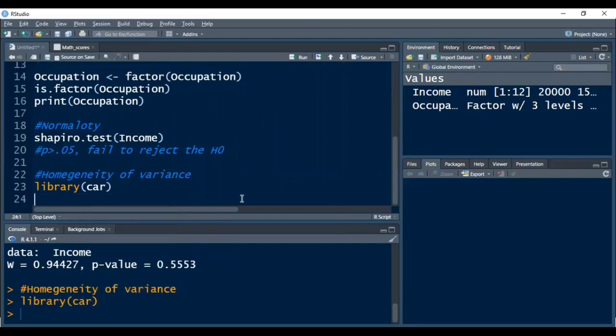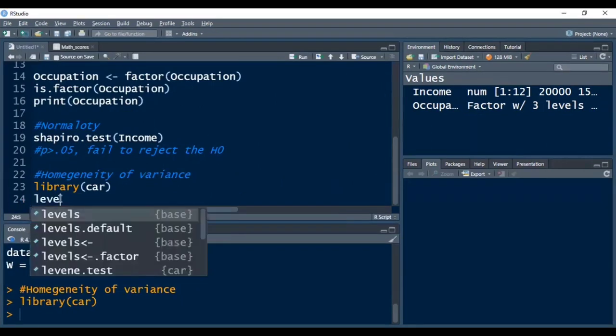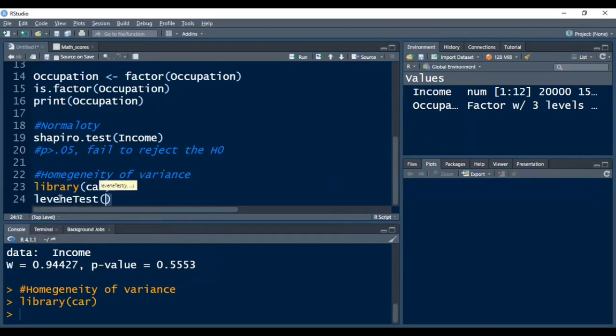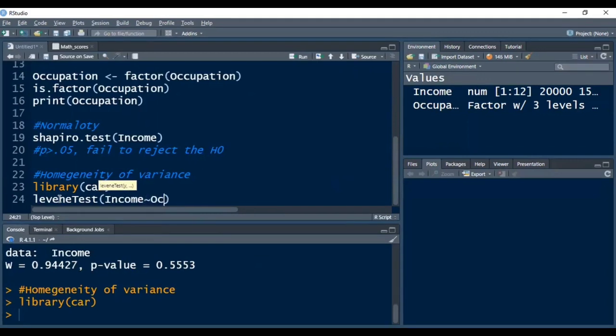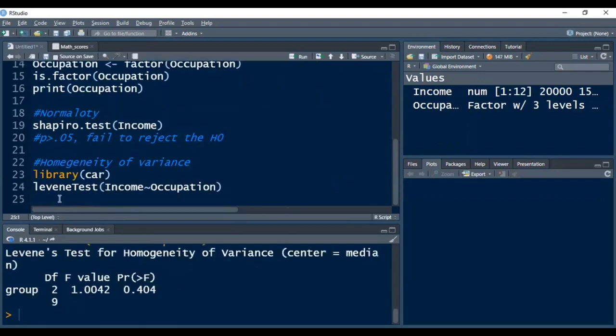Then you can write Levene test in brackets. You can pass the dependent variable with respect to the independent variable using tilde sign, and then you can press Control Enter.